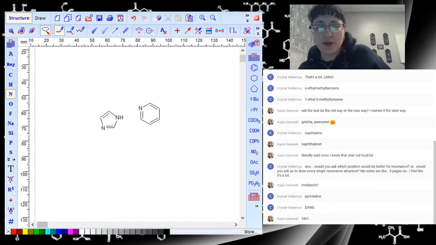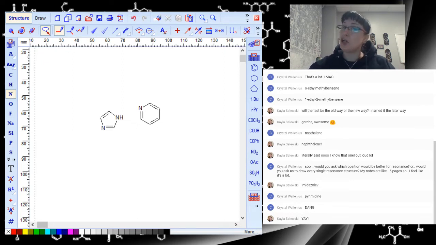Sorry, I hope that's not too loud. Would you ask which position would be better for resonance, or would you ask us to draw every single resonance structure? My notes are 5 pages, so I feel like it's a lot. Crystal, that's because you write 4-inch letters. Everyone else has like a page and a half. Anyway,